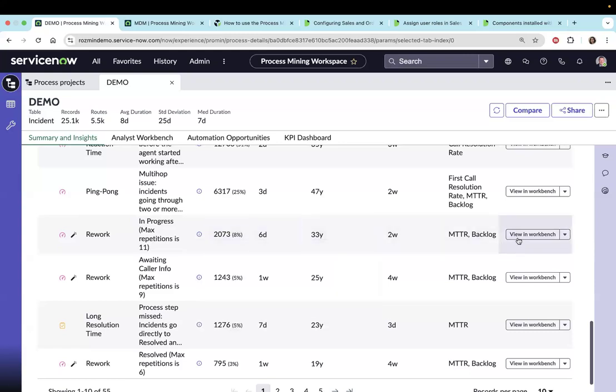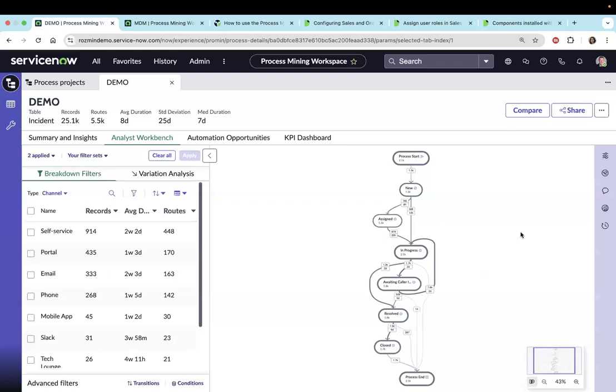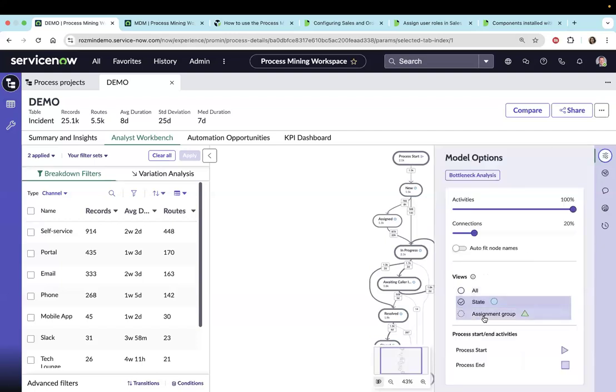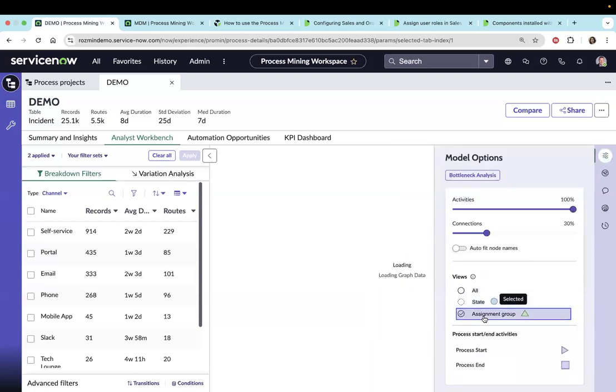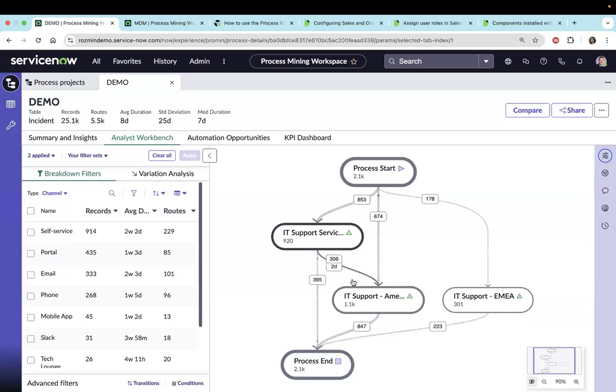And you can even then go deeper into that pattern, which is 8% of your data set suffering from rework. And when you click on it, it shows you a process map for it and how the records for those specific 2000 records have been doing rework, as you see here. And if you were to then think about it from the assignment group perspective, you can just change the view to just show you assignment groups, and it'll show you the transition of records from one group to another.